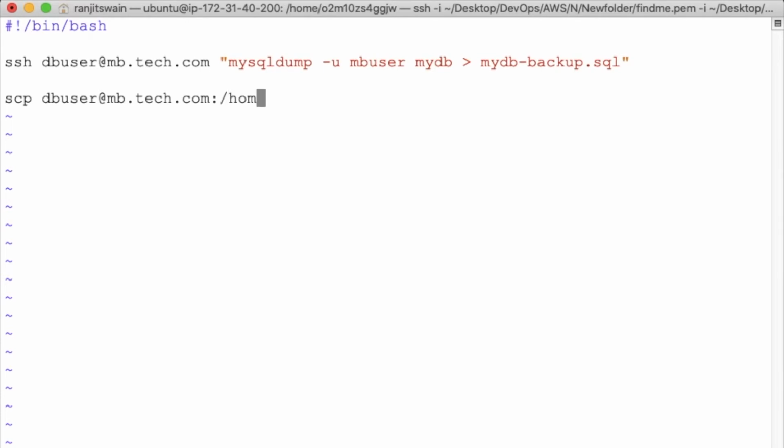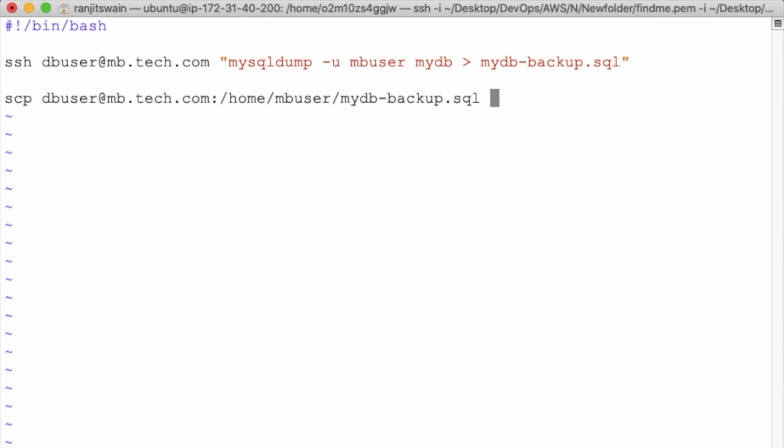That will be generated in the home directory, because we have not given any directory while redirecting the output, so it will be created in the home directory of the user. Home mbuser / mydb-backup.sql